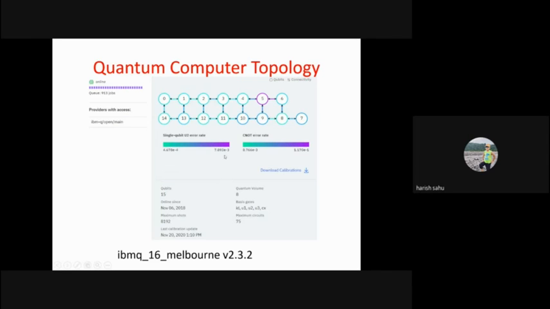In the slide, I'm showing a device named IBM 16 Melbourne. This device has 15 qubits. Each circle represents a qubit, and how these qubits are connected is shown here. Qubit 0 is directly connected to qubit 1 and qubit 14. This is the topology they have implemented in their quantum computer design.